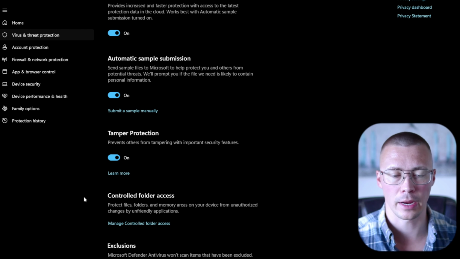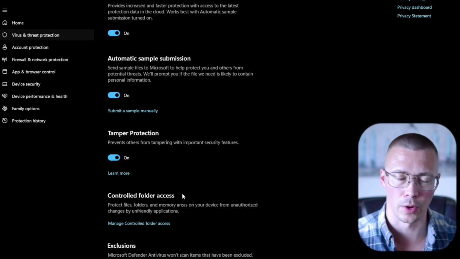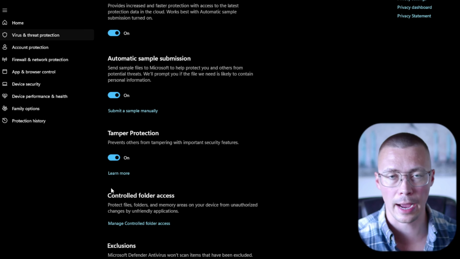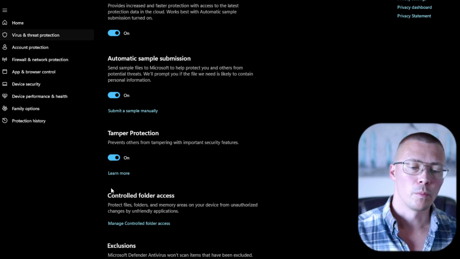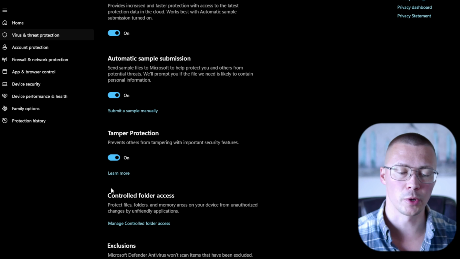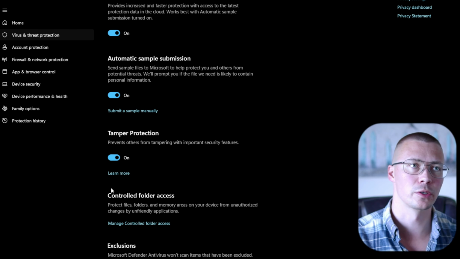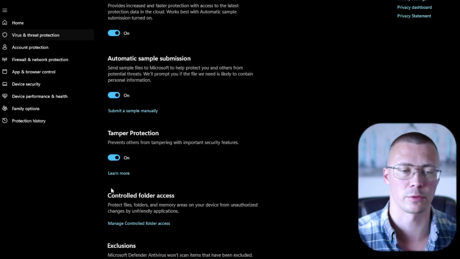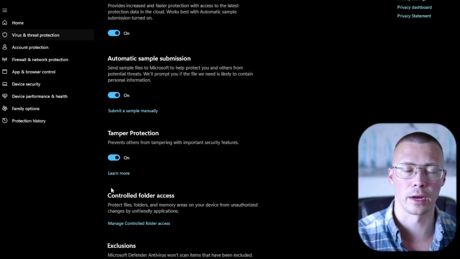This has gotten better in recent years, but it still has a long ways to go. If you've used it, you know what I'm about to talk about. If you haven't used it, it's kind of a turd. You could try it out and see if you like it. I don't really care for it. But with controlled folder access, it's supposed to protect you against ransomware. So it's supposed to protect things like your pictures folder, your documents folder,